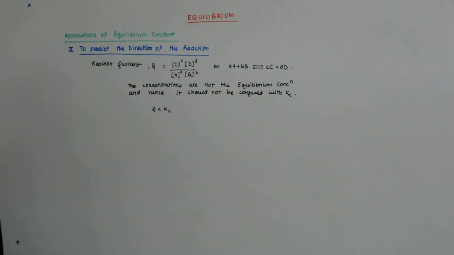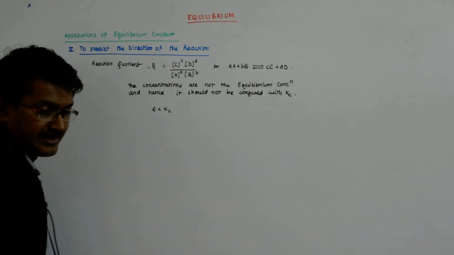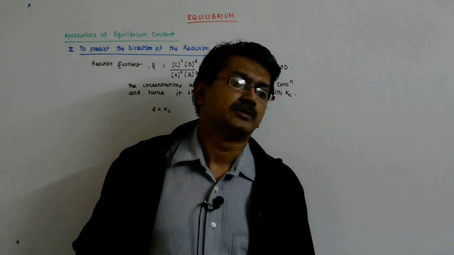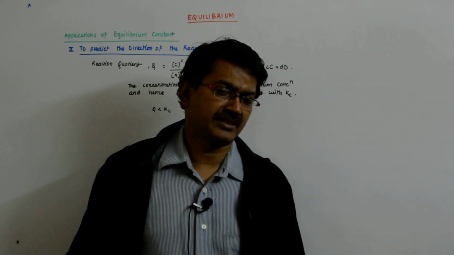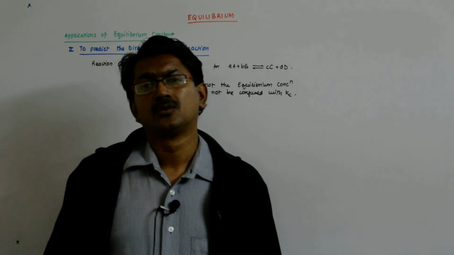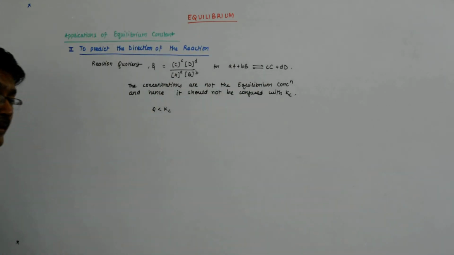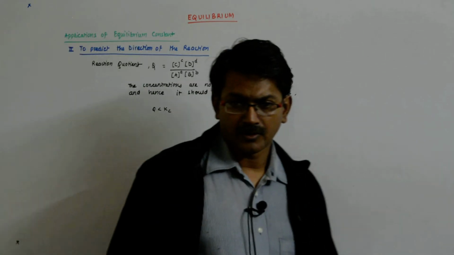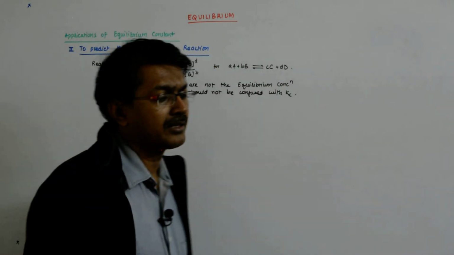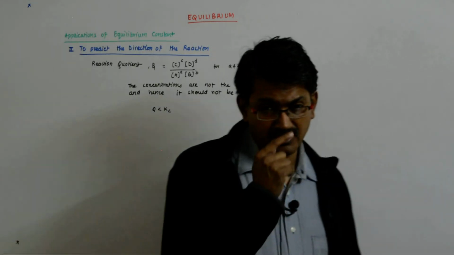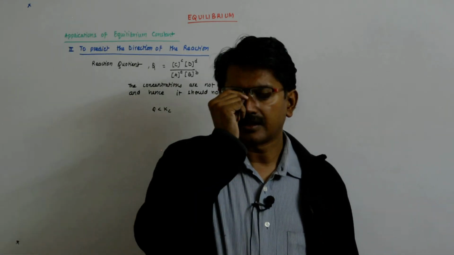Or suddenly you sampled and you get Q greater than Kc, then you know that the products are going to decrease and the reactant is going to increase. And hence you know with full confidence that from the point when you sampled, it will move in the reverse direction and settle at the value where Q becomes Kc. And if you find that Q is equal to Kc, then you are actually at equilibrium and nothing is going to happen.